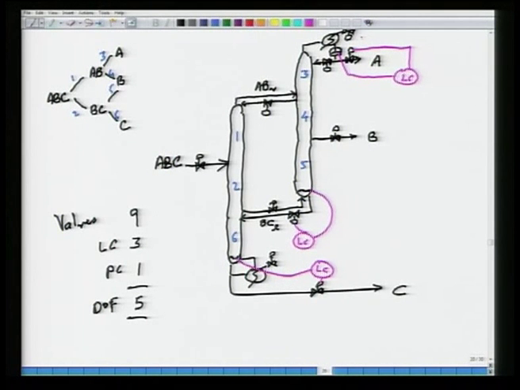Well, here is the pressure controller which is adjusting this valve and it is taking the pressure of the condenser. Okay. So, pressure controller is doing this. Then again composition and or temperature control, composition and or temperature control,